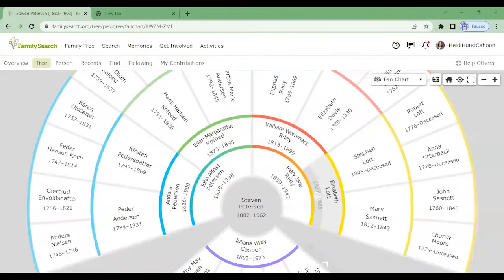And in FamilySearch, let's see, here we are. Okay. So I'm in FamilySearch again, and this is my great grandpa. But before I